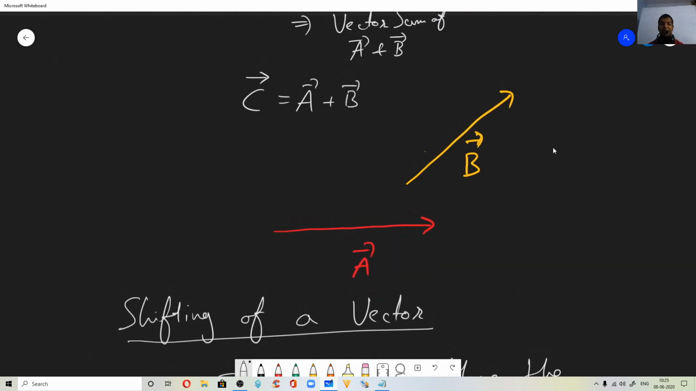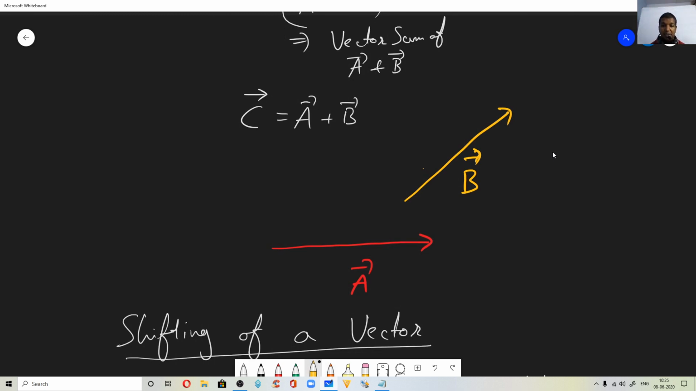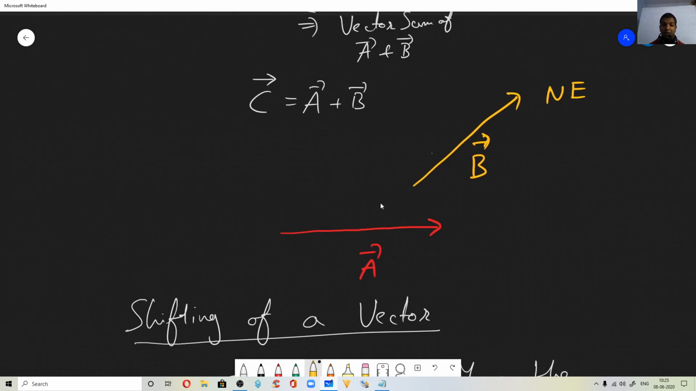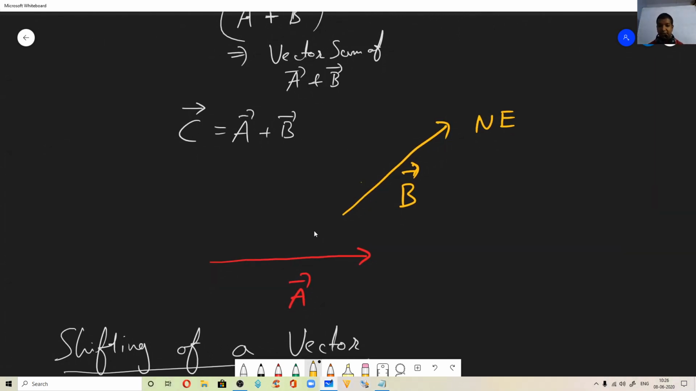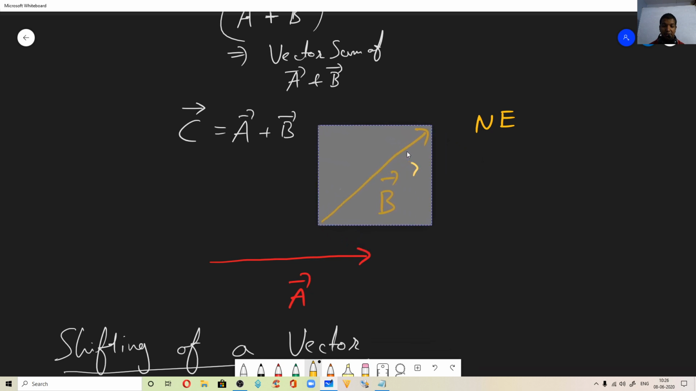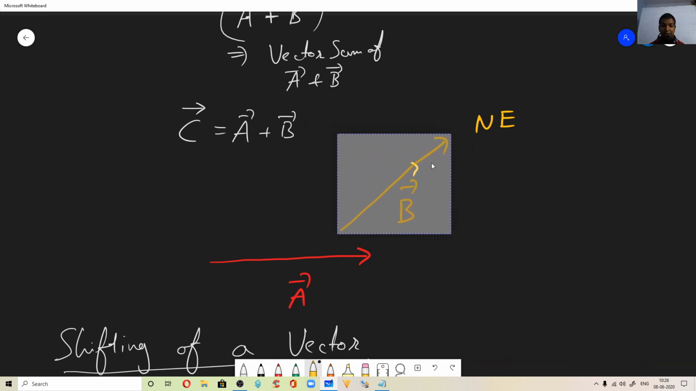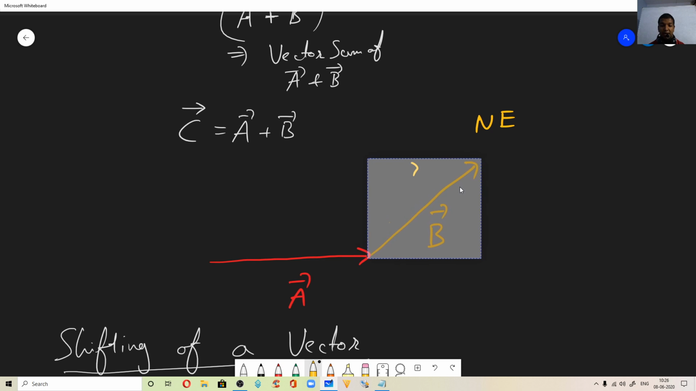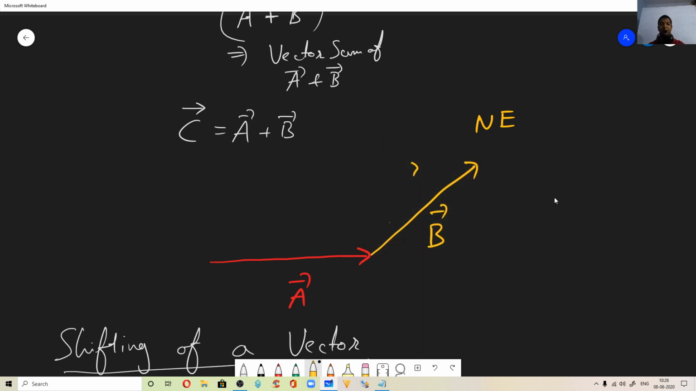For example, say the vector B is pointing here in the northeast direction. You are able to move this so that you won't change the direction. The length of the arrow will not change, that means the magnitude will not change, and you are not supposed to change the direction either. I have highlighted this and I'll highlight this also. Shifting means you are just trying to shift it this way. I think you can see it. Now what this addition of vectors graphical method means is...